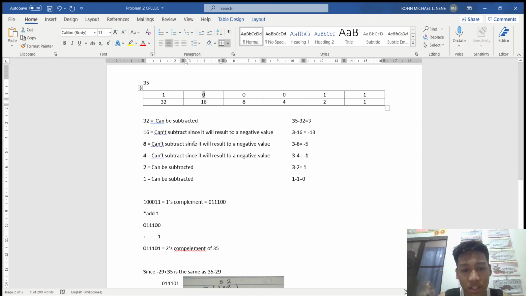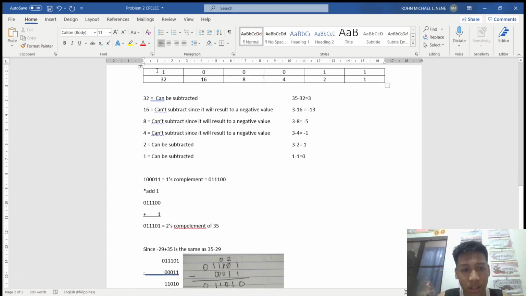The same scenario will occur here in 8 and 4, since 3 is less than 8 and 4, therefore we will have an output of 0 for 8 and 4. But for 2 and 1, we have an output of 1, since the subtraction operation has been carried successfully. And then by completing it, we will be having our output, which is